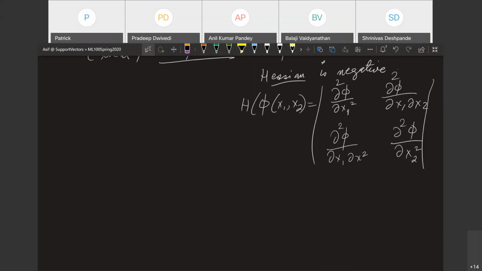Sir, when does DENCLUE break off an area into more than one cluster if they're close to each other? See, once again, there's a sigma. You have to choose what is the minimum density or the minimum influence at which you want to do the cutoff, right? So that is controlled by that sigma. It is again a choice, and based on where you cut off, it makes all the difference. It is up to you.